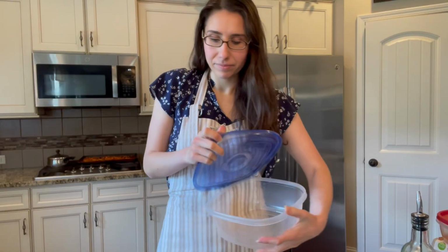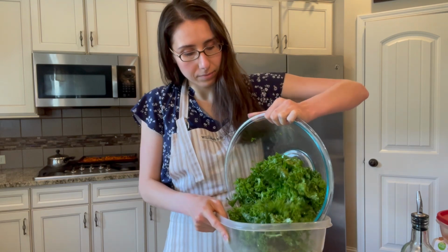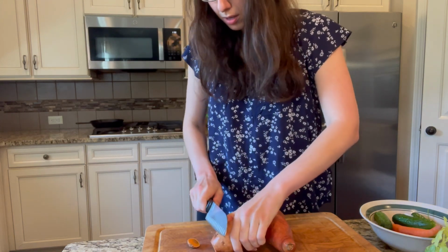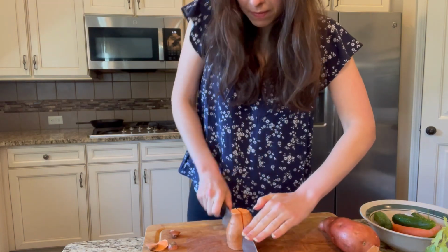Once I was done massaging the kale leaves, I put the kale into a food storage container, and then I put it in the refrigerator, and this served as the base for my salads throughout the week. The next food that I meal prepped were some sweet potatoes. So I like to roast them in the oven and eat them as a side dish or even topped on